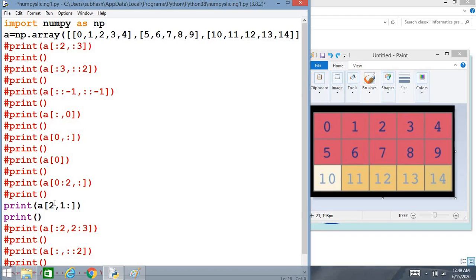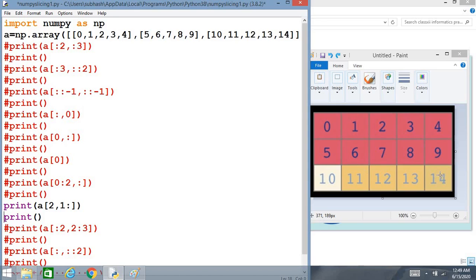And what has to be done with that row? What columns do you have to take? 1 colon means it starts from 1 but no stop value is given. So the entire column will be taken but it starts from 1 only. That means it will start from 11, isn't it? 0th column will not be taken.